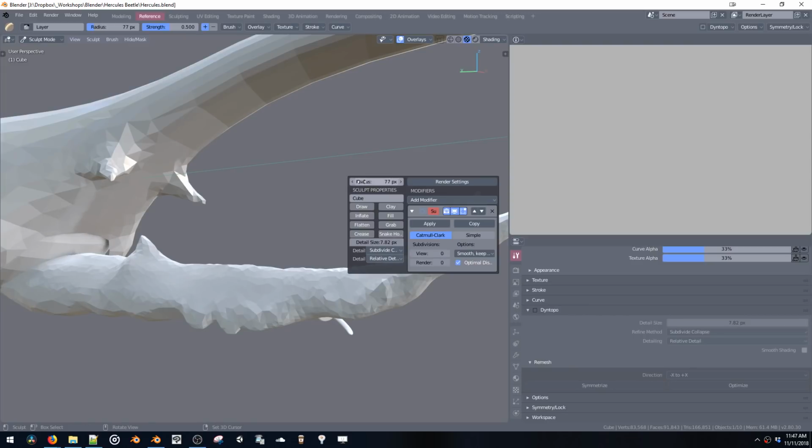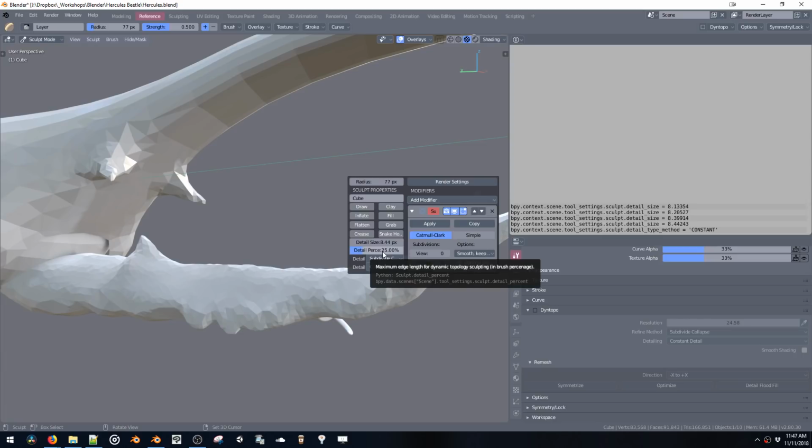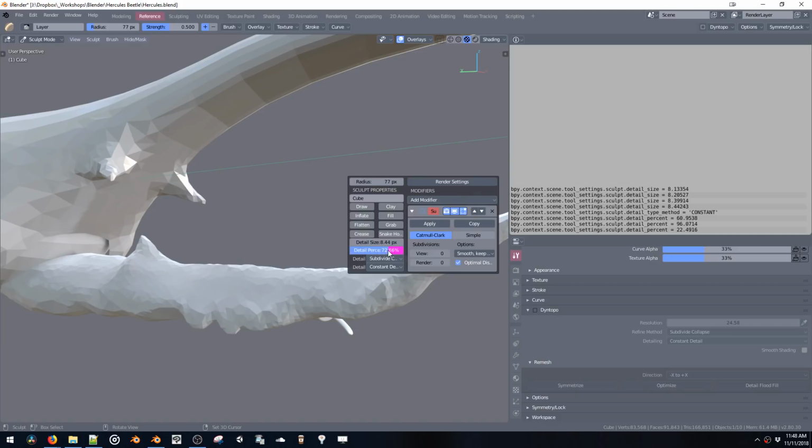There it is. Okay, so now we are in relative mode and the detail size is in, we're getting detail size right here. If I switch to constant mode, then we get this other option, percent. That's not what I want though. Constant should get rid of the percent. Relative should